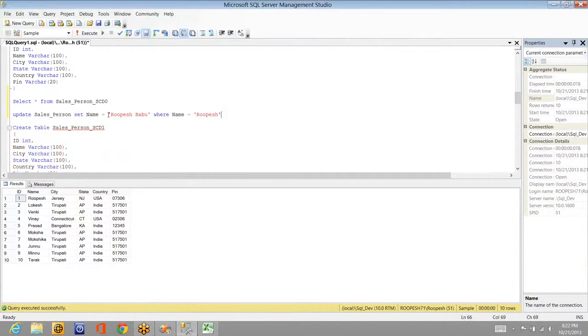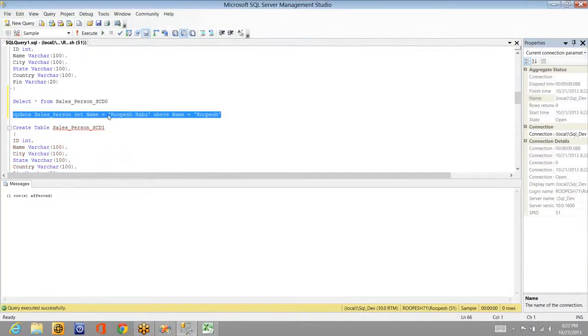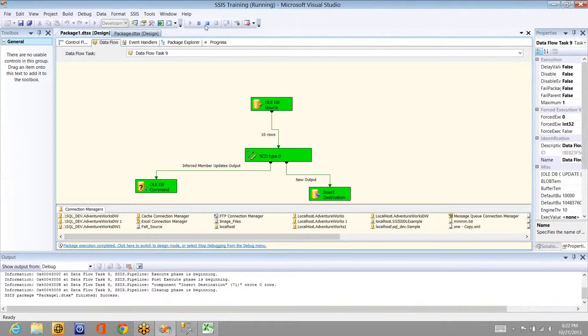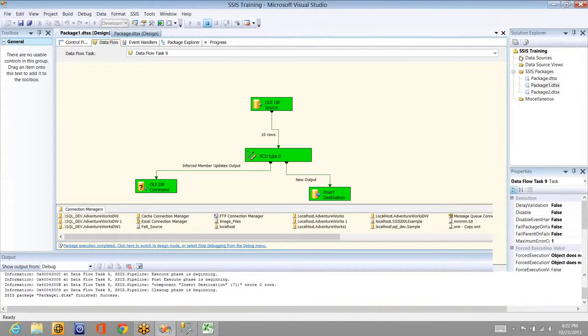So when it is Rupesh, I'm changing the source to Rupesh Babu. So one record modified, right? Now these two are not in sync. In the salesperson table, my name is Rupesh Babu, but in salesperson_SCD0, it is different. Now if I execute this, what will happen? I want you guys to guess this.